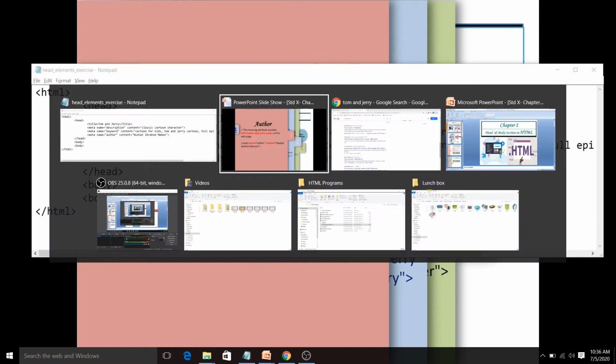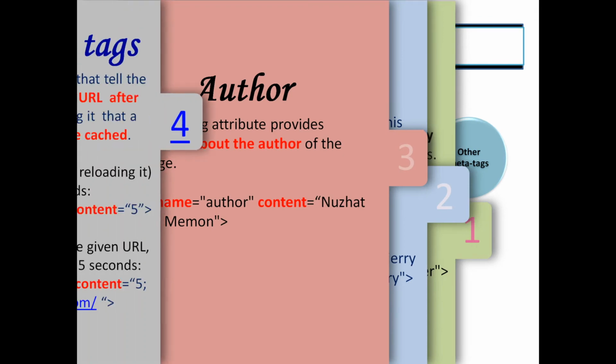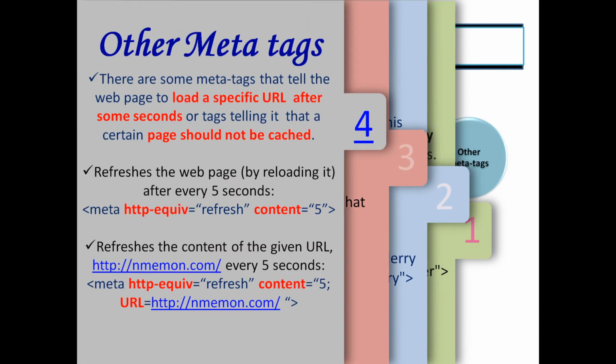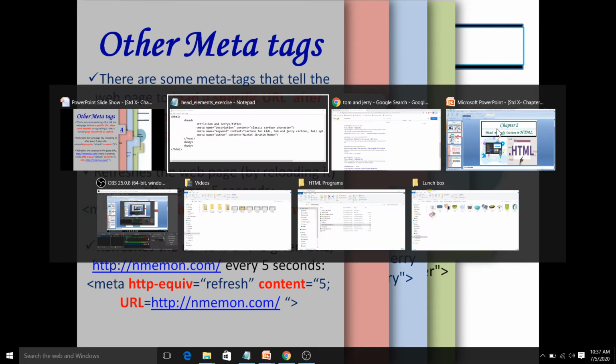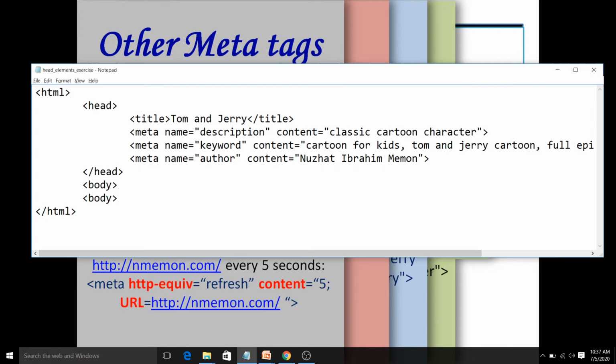This much done. Now we will see another meta tag, that is HTTP equivalent. HTTP equivalent is used to refresh a specific URL after some seconds. In many social media apps like Instagram, the page should get automatically refreshed after a few seconds, and the page should not be cached. Otherwise, every time we will get old outdated content only. So the page should get refreshed and show updated content after some seconds. We will do this thing practically using the meta tag only.